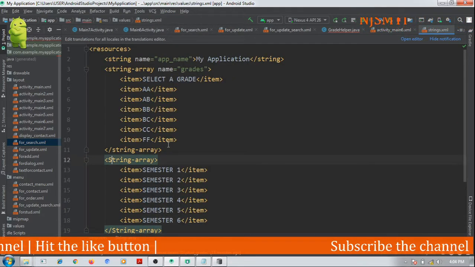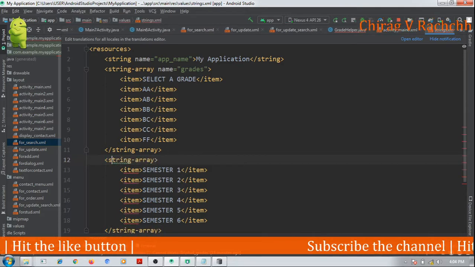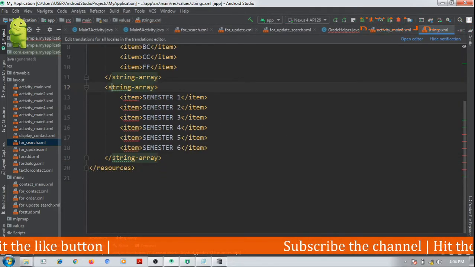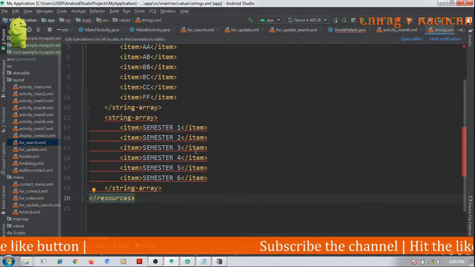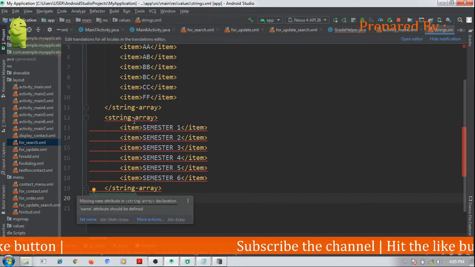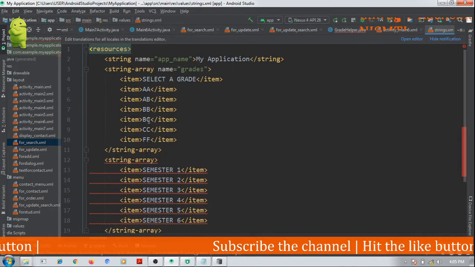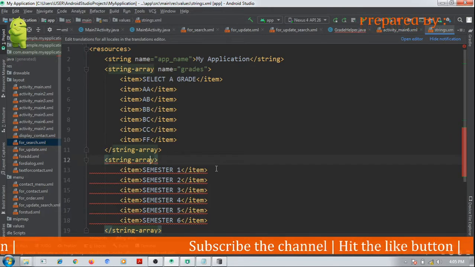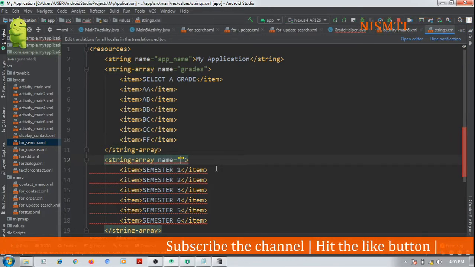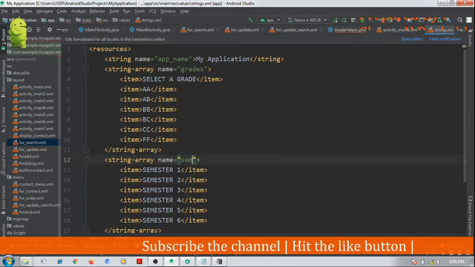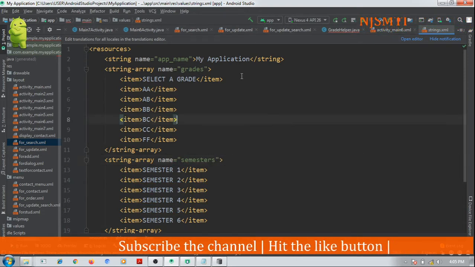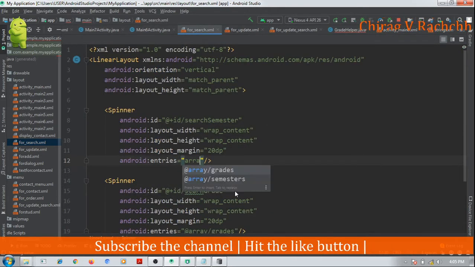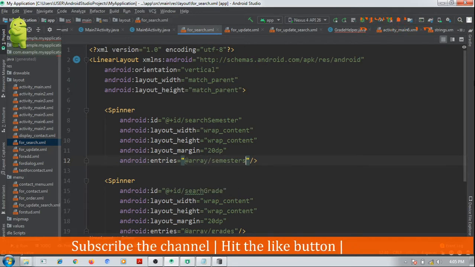String, okay, S is capital, that's why. Okay, the name of the array is semesters. Okay, and now here, array semesters.